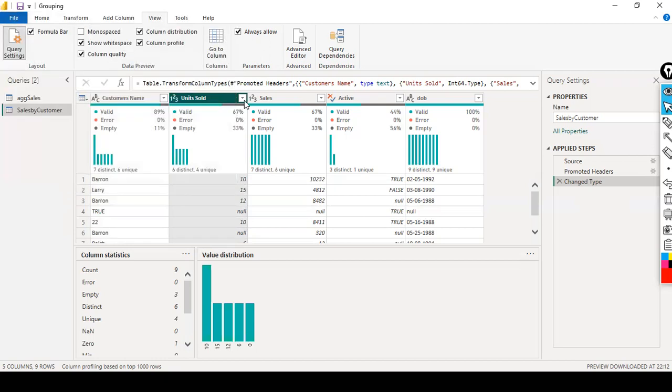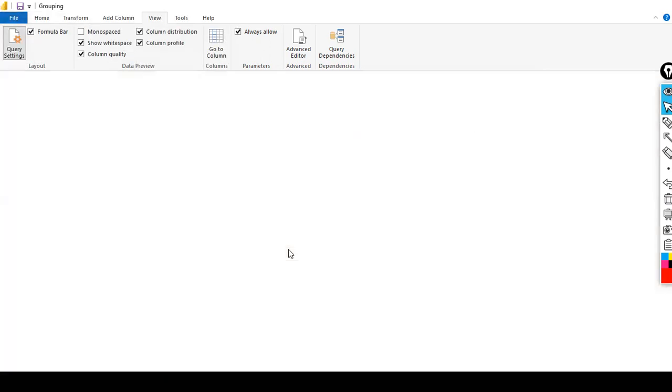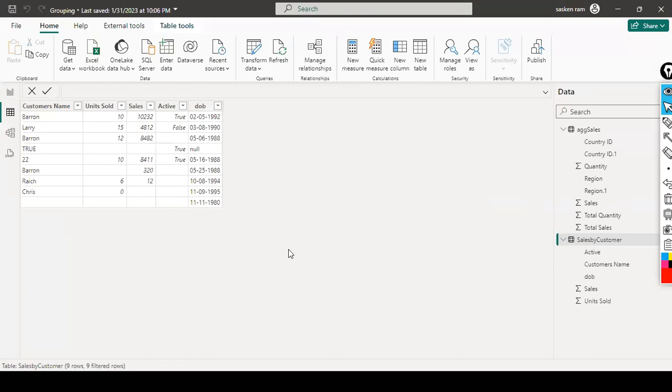So now you understood with this simple data set what data profiling is, as part of the same: column quality, column distribution, and column profile. This is an important step, guys. Don't